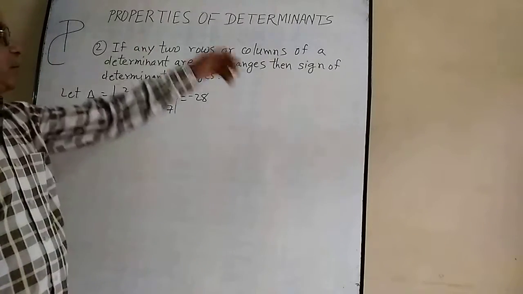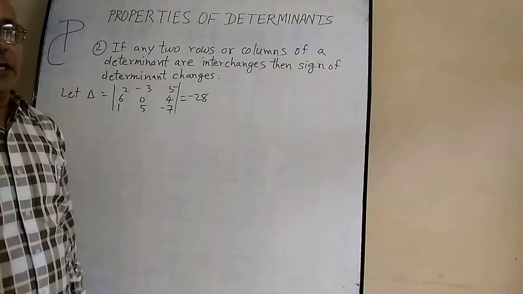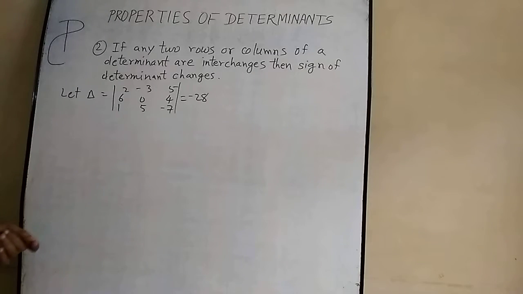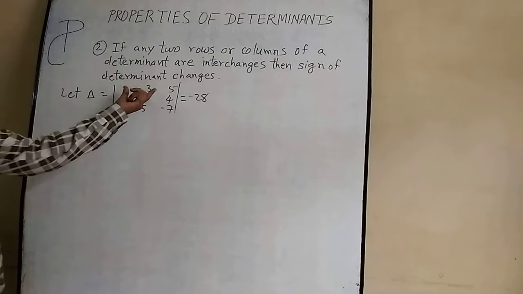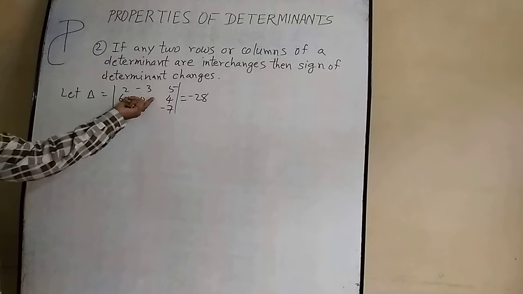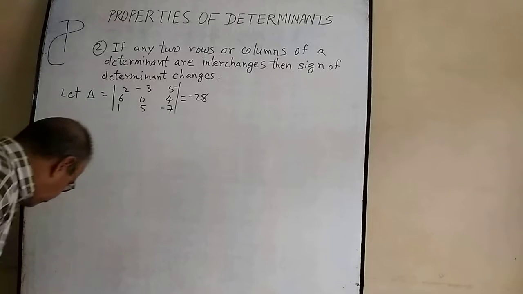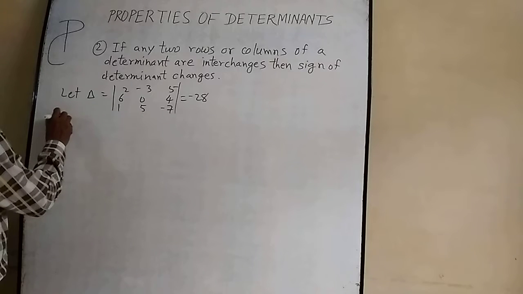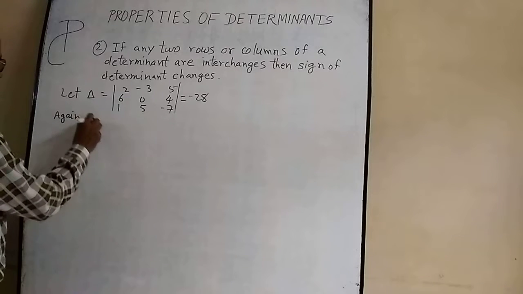In determinants, the second property: if rows and columns are interchanged, then the sign of the determinant also changes. It means we can change any row or any column, interchange, and then we get the value of positive 28. How? Again, delta dash